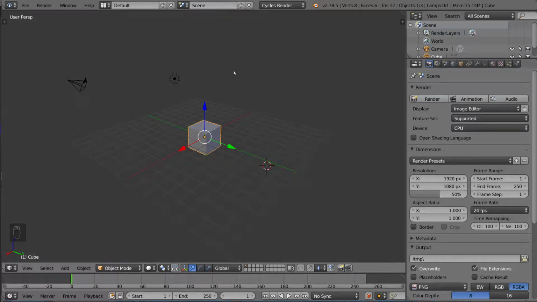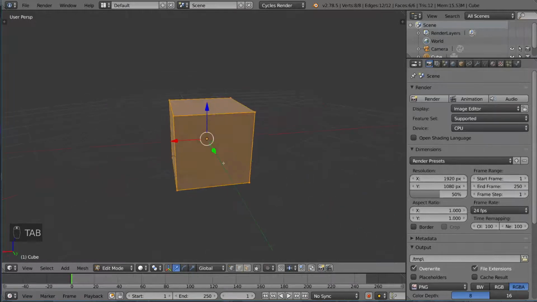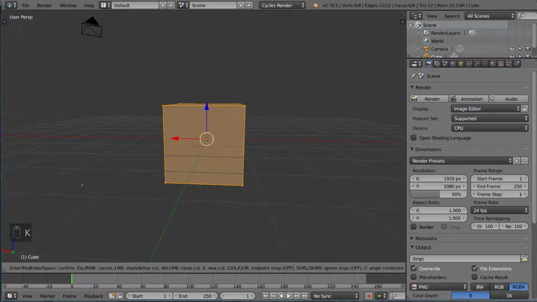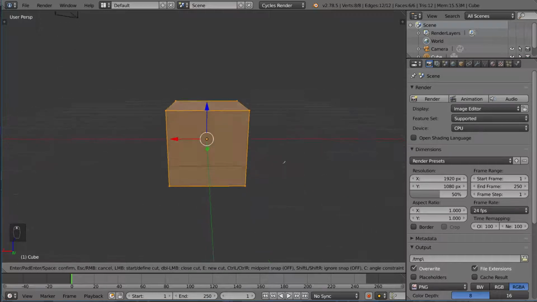It's pretty simple. We're going to go into edit mode because it is a modeling tool. I'm going to go ahead and hit the K hotkey, K for knife. Yes, I know knife has a silent K in it, but it does have a K in it. So we hit K for knife, and that will bring up the knife tool and allow us to left click. I don't have to hold the left click. It will automatically hold it for me, and as you can see here, I can draw across